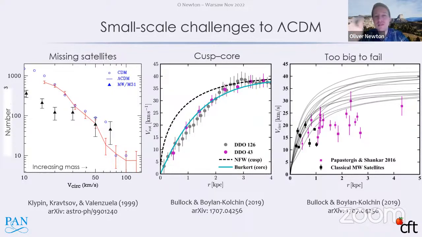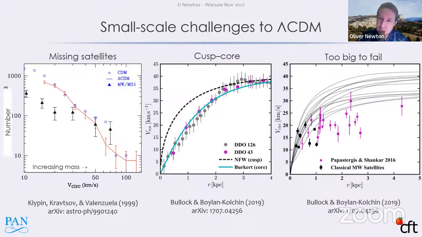And the final one, which I think is somewhat related to the cusp core problem: if you take the peak in the circular velocity curve, which is what we've done for observed satellites and low mass galaxies near us with these points down here, and compare those with the circular velocity profiles of some of the most massive subhalos from simulations, which are what these grey lines are, then the observational data suggests that these galaxies sit in not the most massive subhalos, but the next set down, which is a bit puzzling because